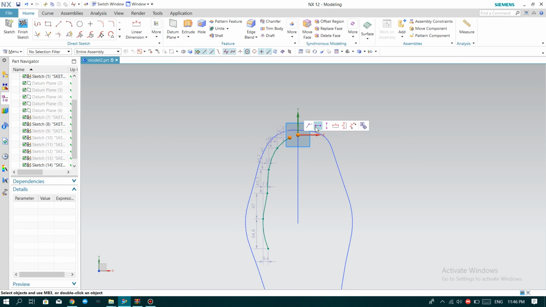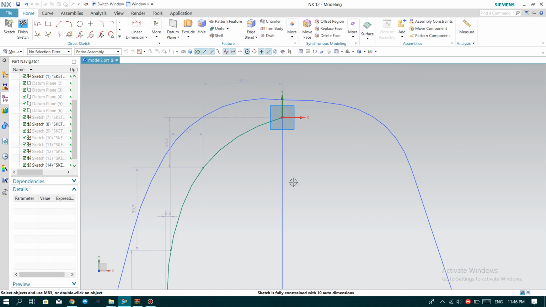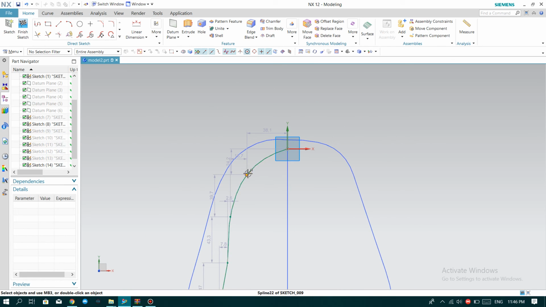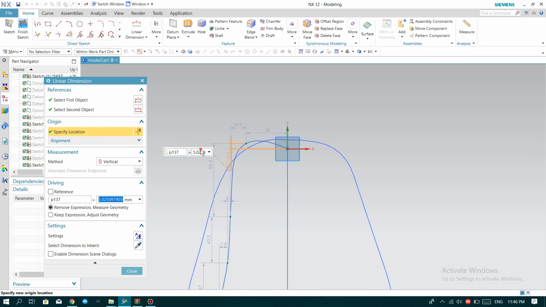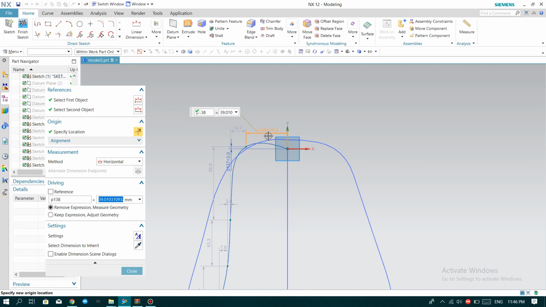This point and this point should be the same point, and okay, let's move a little bit. This should be 2, and this should be 19,